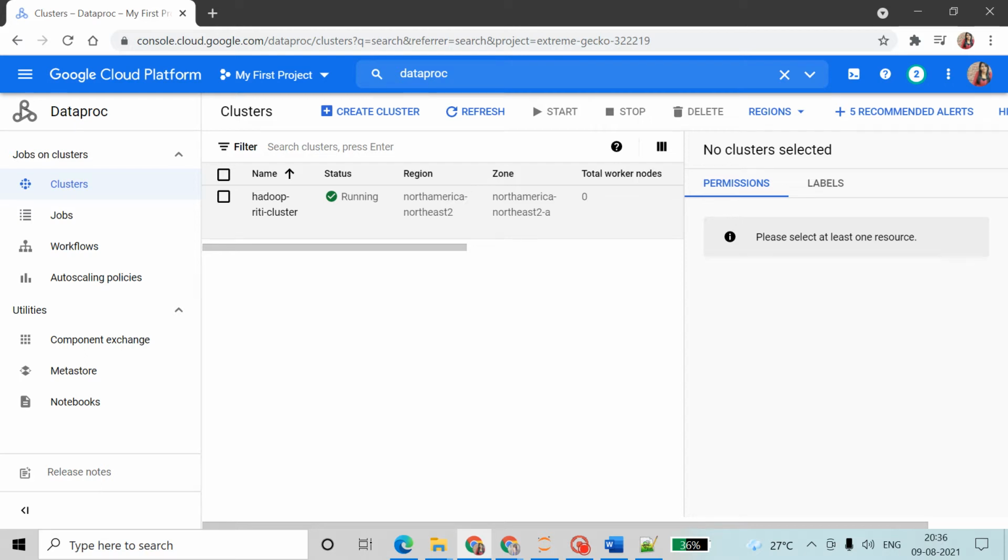What will Hadoop do? In Hadoop we have MapReduce and HDFS. HDFS means Hadoop Distributed File System. MapReduce is our processing layer, and HDFS is our storage layer.